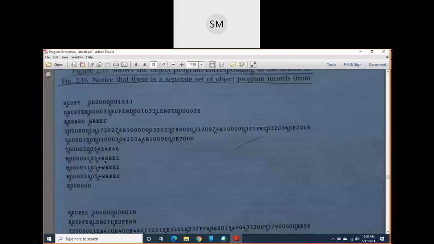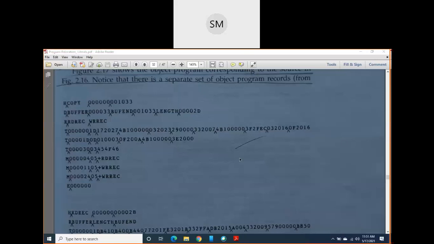But when you come to line number 15, it is a +JSUB. It means that you should use format number 4. So wherever you use format number 4, you should modify its address field. Correct?